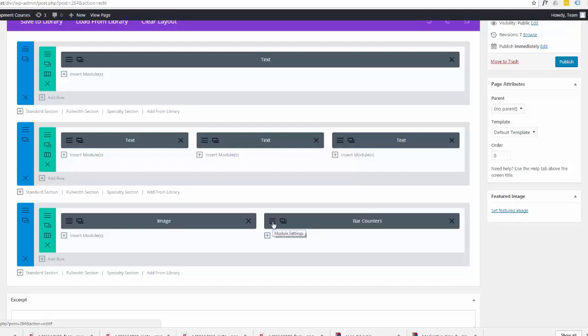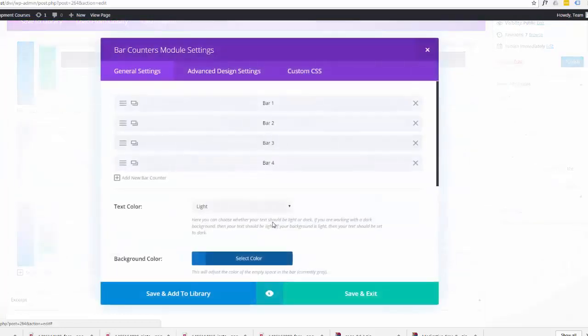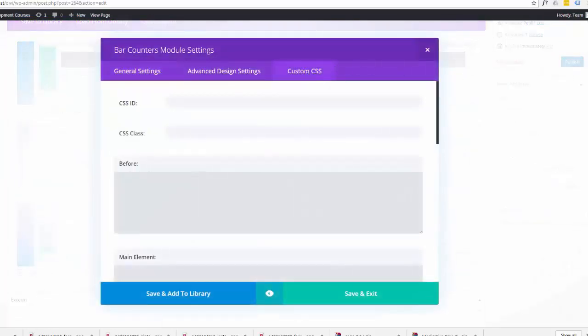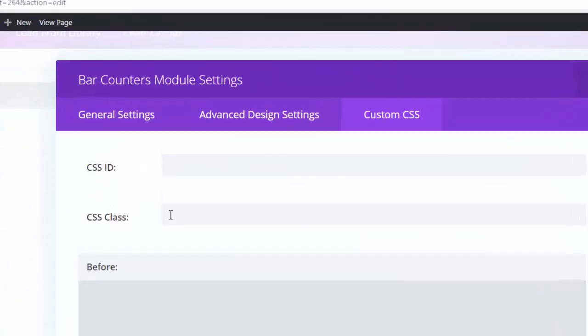So if we click on our edit tab, the module settings, and go to our custom CSS, we've got to add a couple of classes where it says CSS class here. And if you've already got a CSS class for it, don't worry, you can have multiple classes. It's not a problem. And the classes that we need to actually add are et_animated and et_pb_animation. So if I just put that in there,